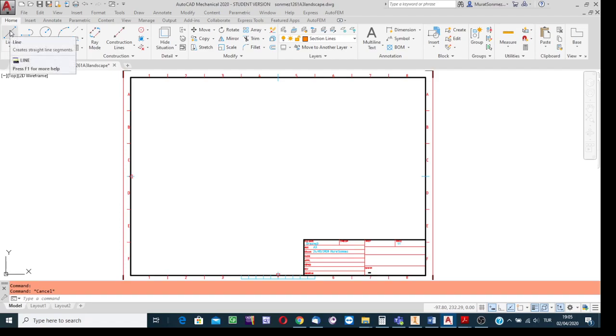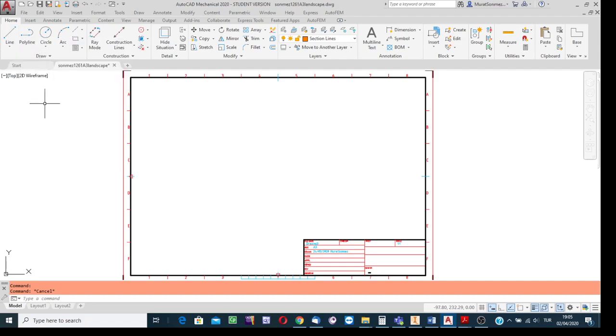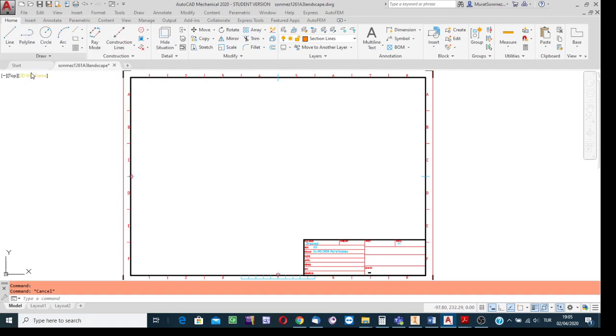Well, this is the button, obvious from the symbol on the tab, to create a piece of straight line. The next one is to create pieces of straight lines, but in sequence: polylines. Well, the advantage of using this tool relative to the other one is that, if the boundary lines of a region are straight lines only, and we draw the boundary lines using the polyline facility, then in the end